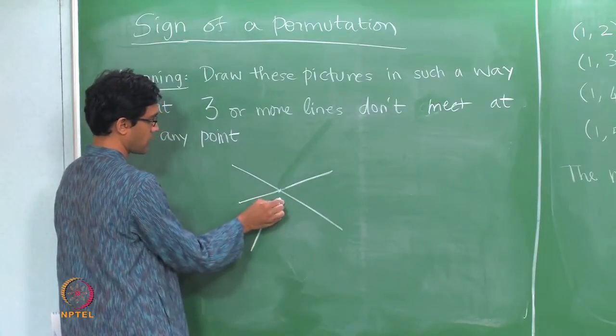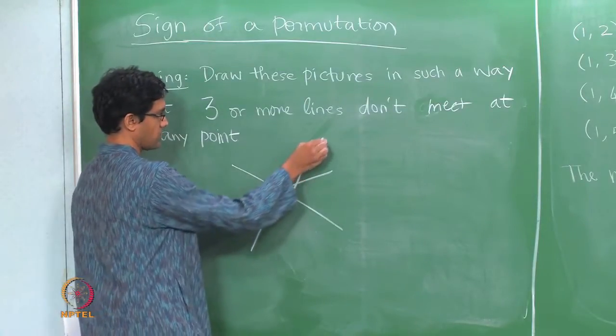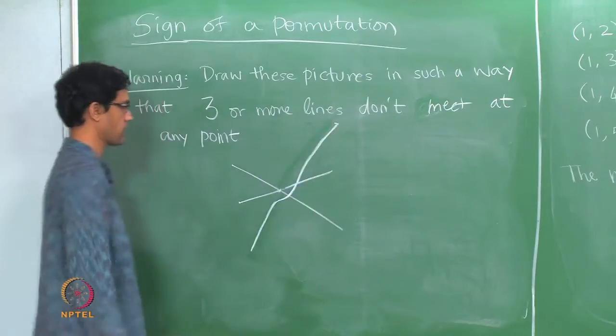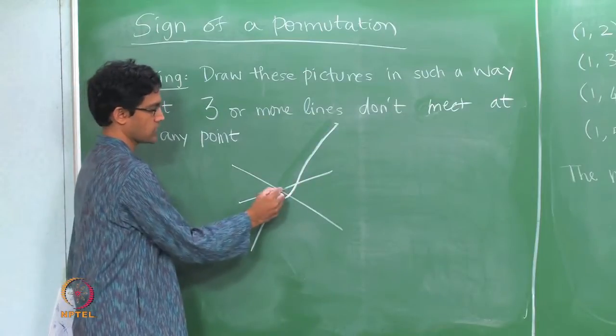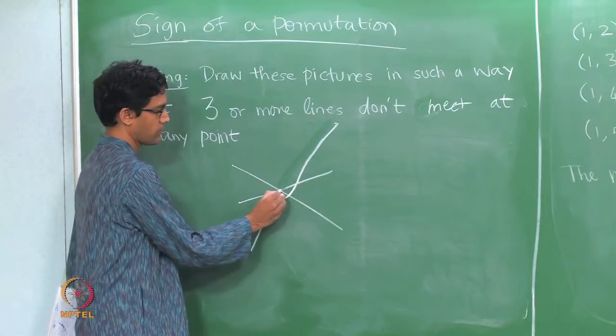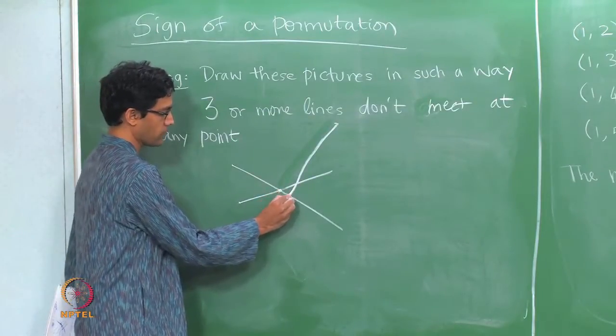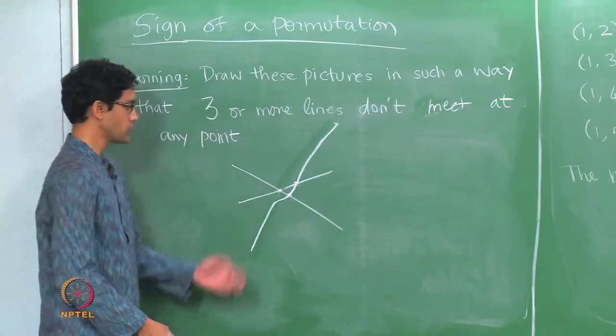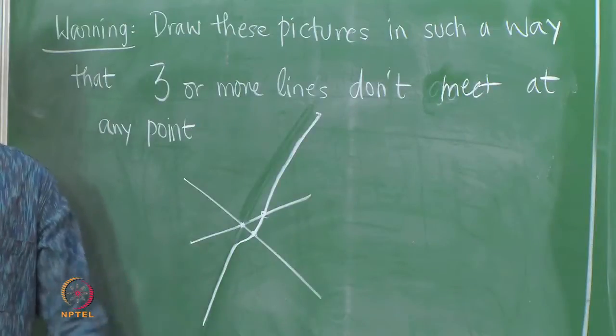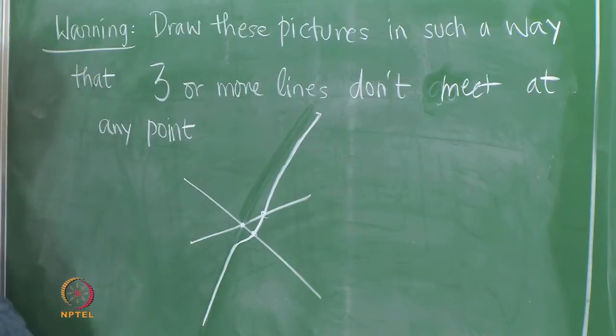So if it seems like they are going to go through that, just slightly tweak them so that now you will see in this diagram that there are 3 crossings. So there is this crossing here, and because we moved the line a little bit, these other 2 crossings are also clear enough to see, okay. So this is the only thing to keep in mind when trying to draw these sorts of diagrams.